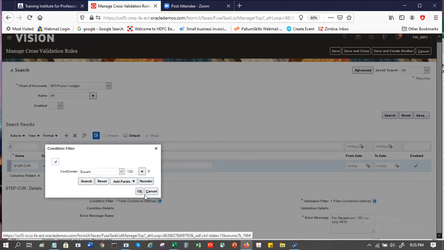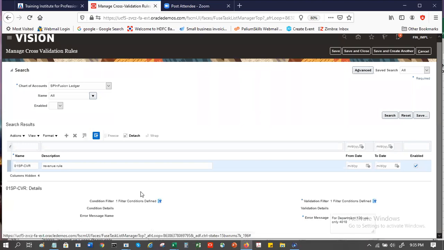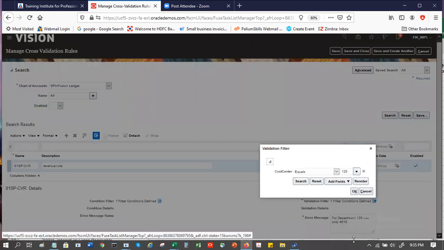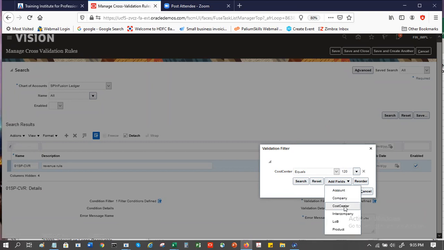or cost center equal to 120. And the validation filter: suppose I want only 4010. Then in that case, I can add, let's say I want only Account.